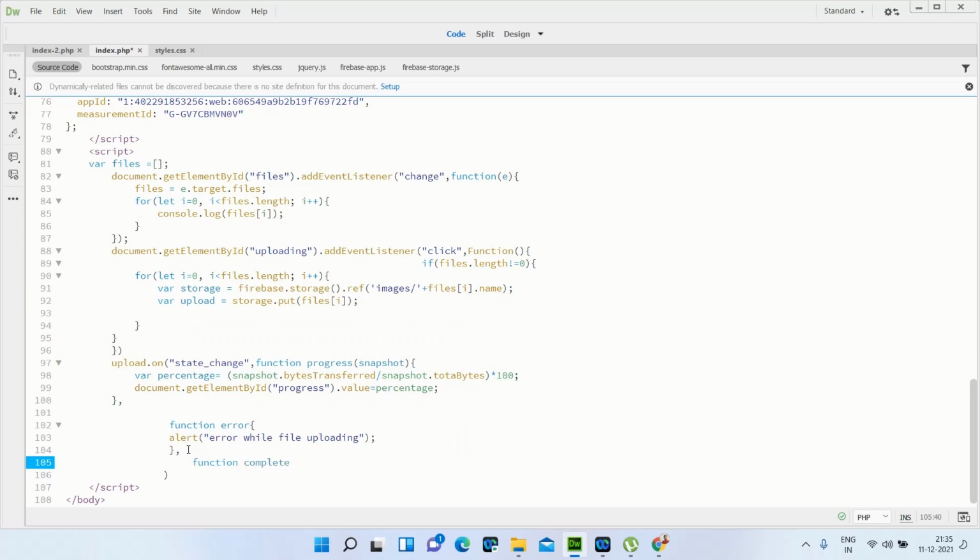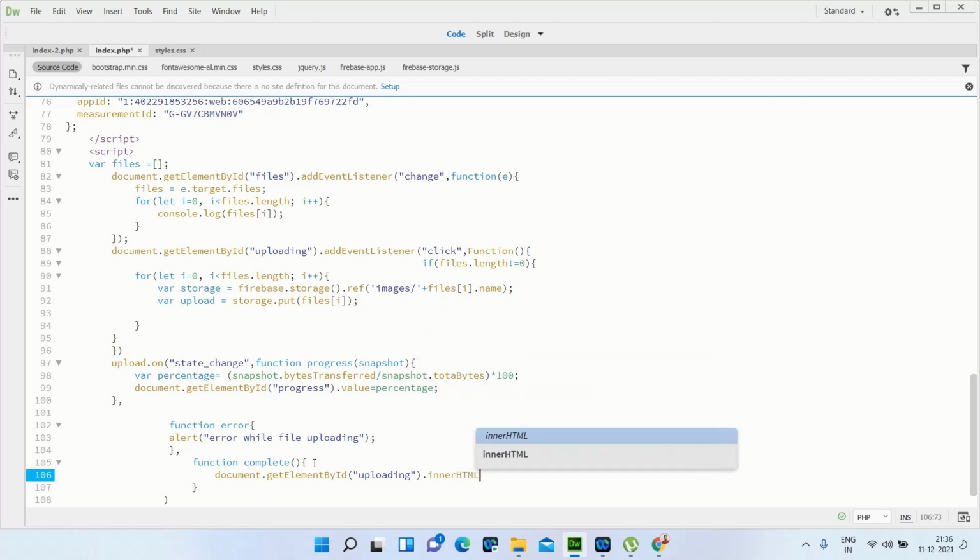After complete, document dot get element by id, and once the upload is completed then we need to store the value in the uploading element dot inner html plus equal to the message: document uploaded successfully.